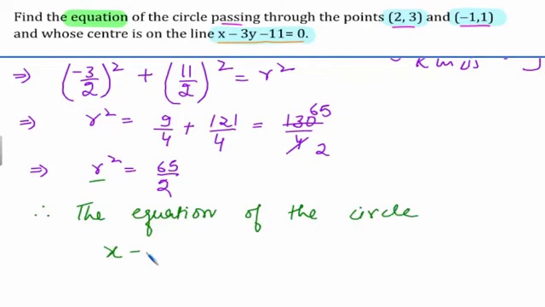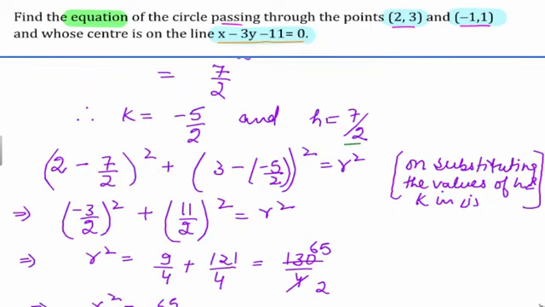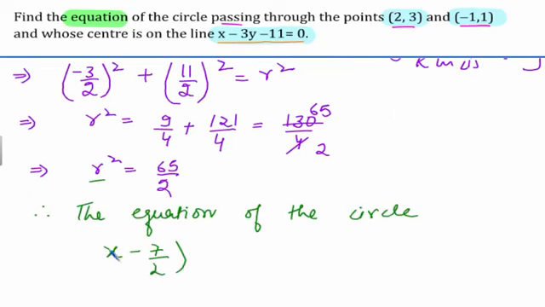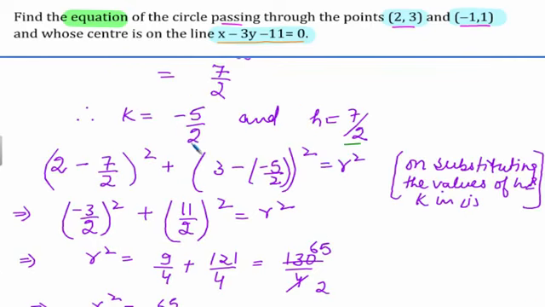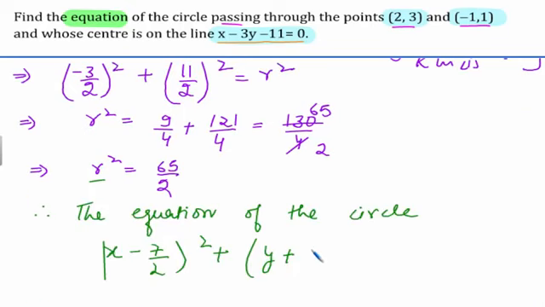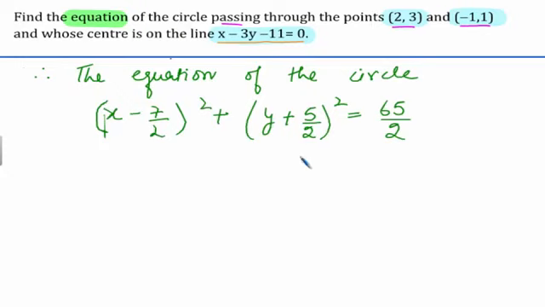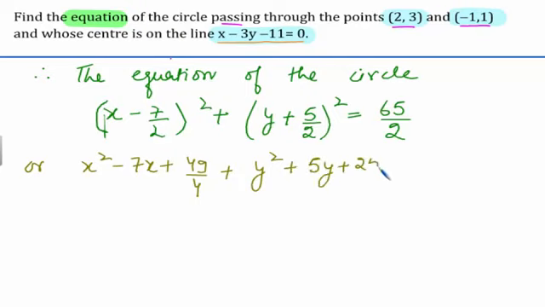x minus h whole square, and h is 7 upon 2, plus y minus k whole square. So y minus of minus 5 upon 2 whole square, and minus minus is plus. So we have y plus 5 upon 2 whole square is equal to r square, which is 65 upon 2. Now let us open the brackets. So this can be written as x square minus 7x plus 49 divided by 4 plus y square plus 5y plus 25 divided by 4 is equal to 65 divided by 2,